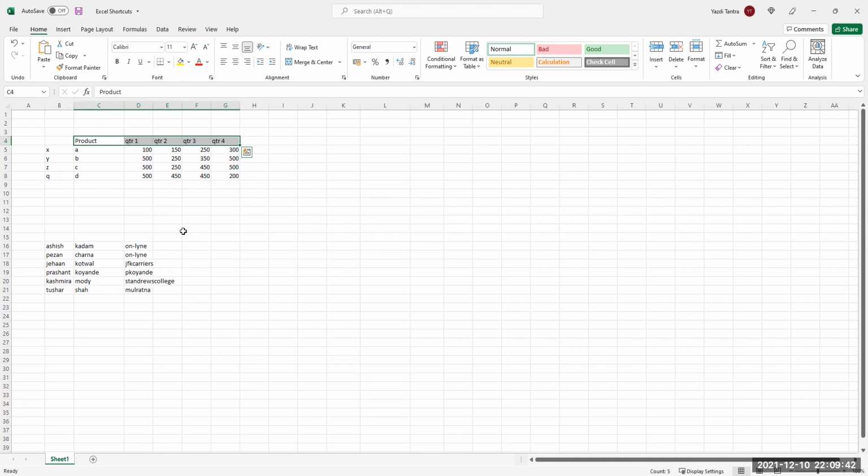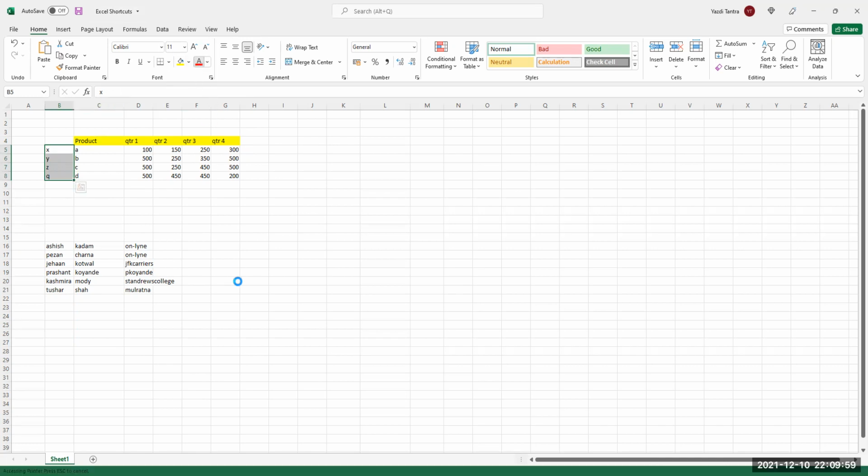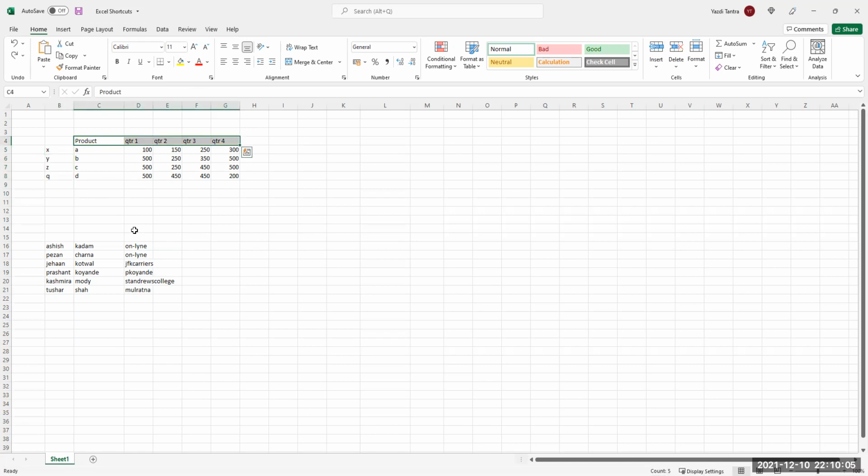To select up to here, you want to do formatting, you want to do something here and there. Very simple. So I say Control Shift and down arrow. And I want to make different colors and stuff like that. Okay. I'll just say Control Z so that I get back to the original.